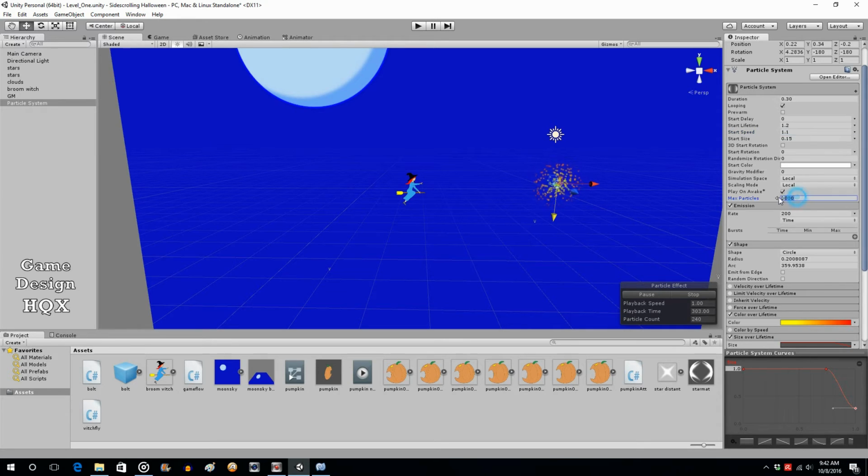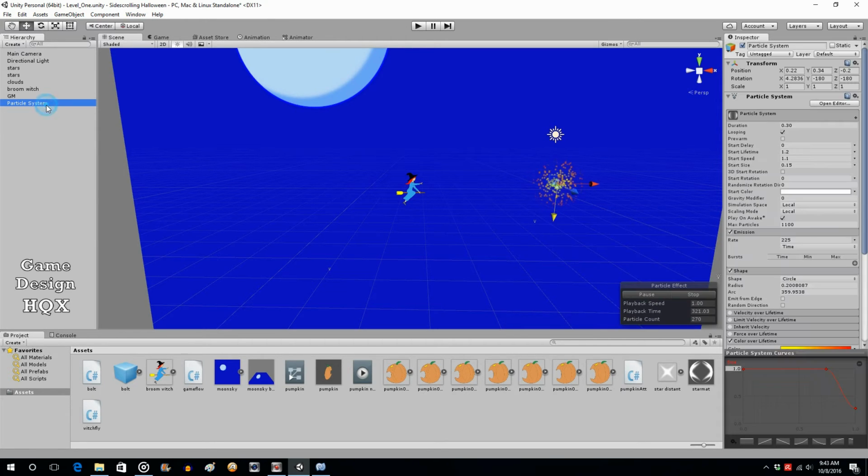We'll increase the max particles just in case we hit it. We shouldn't, because there would be like a dead zone where nothing gets created for a moment. But now we can bump this up a bit more, and that should do it. Like I said, you could get lost in just the sculpting of the particle systems. And now we'll call this one